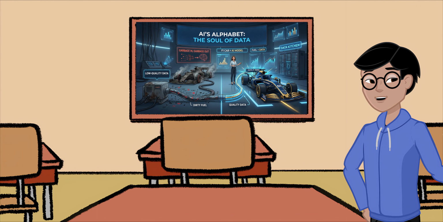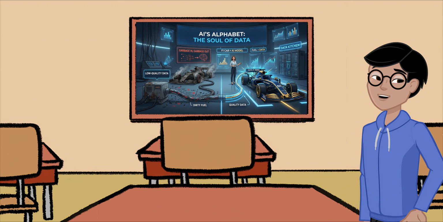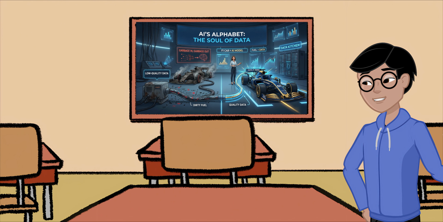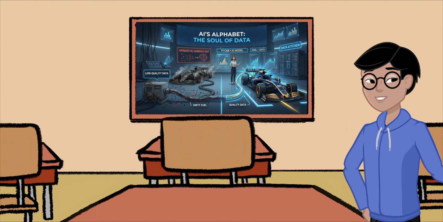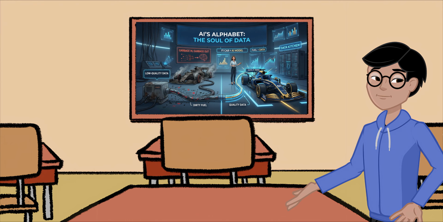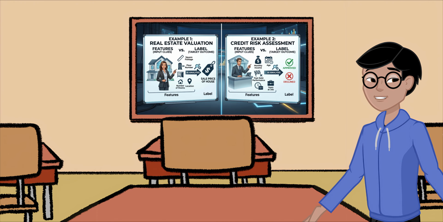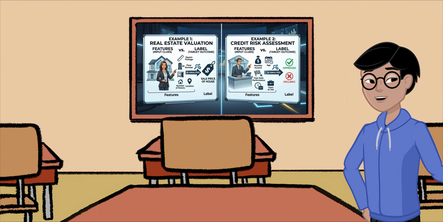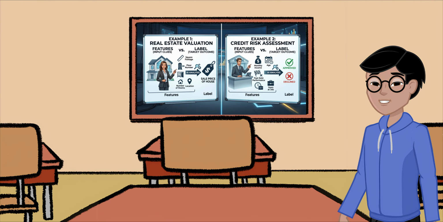Today, leaving aside complex academic terms, we'll talk about how to read data, what the name of the problem we're facing is, and why that famous garbage in, garbage out principle is the sacred rule of the digital world. If you're ready, we'll start with the alphabet of artificial intelligence, that is, the soul of data. In the world of machine learning, everything starts with a massive table, but to read this table like an AI specialist, you must understand two critical concepts, features and labels.